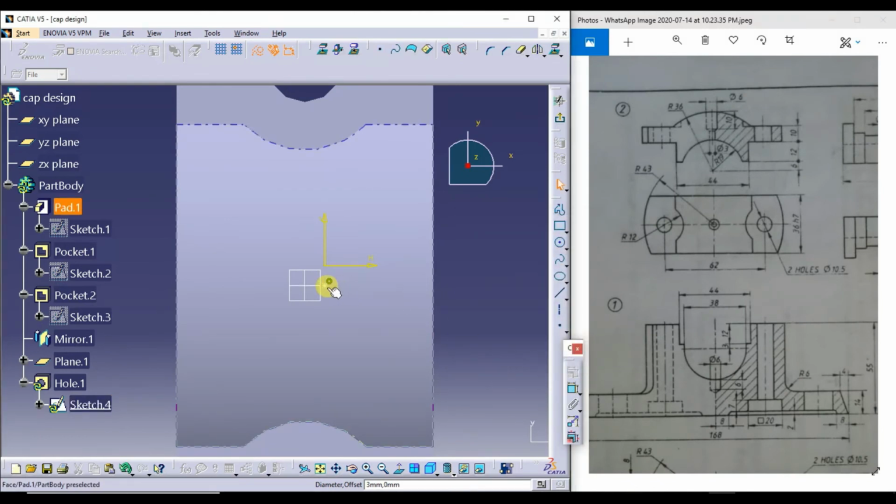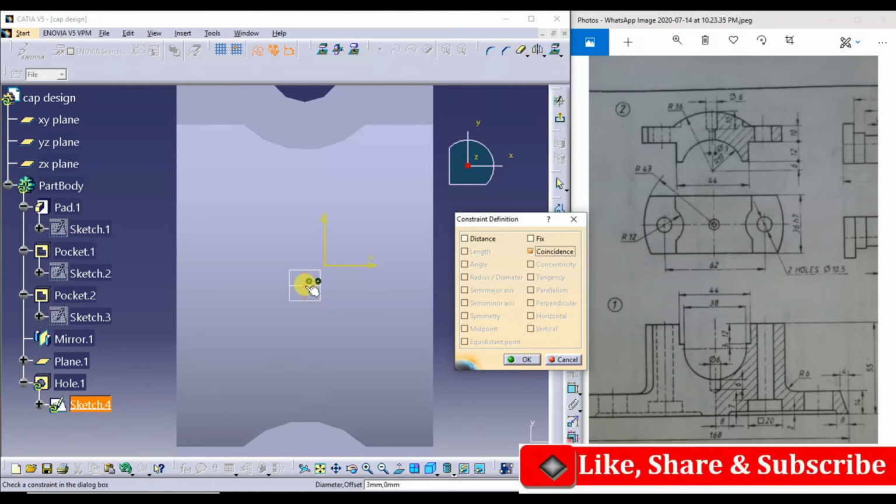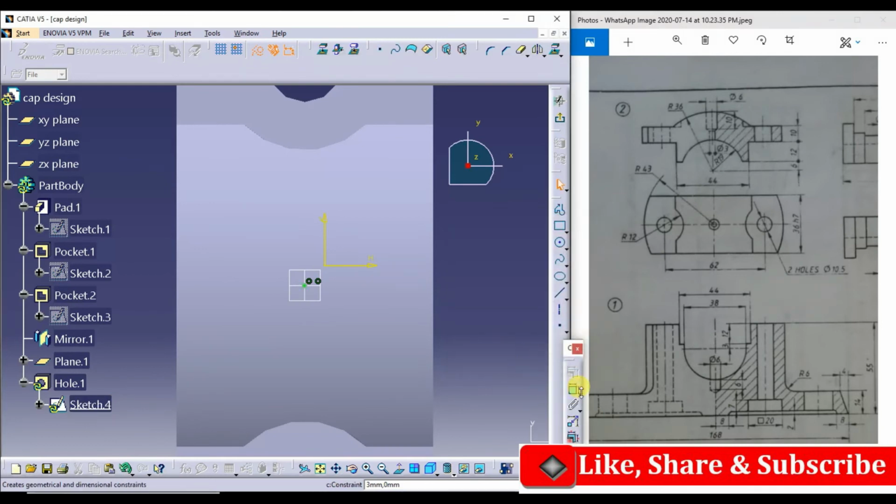Next I'll select this, then I'll select this plane, give coincide, so it has come exactly at the center of this plane. Otherwise you can give the dimension also, that is left to you. By means of dimensioning you can move this hole to the center of this one.